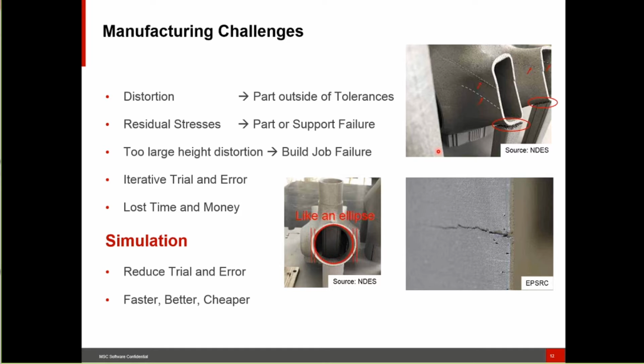Or we have large residual stresses in the part. Those residual stresses might be at the base where we're connected with the support structures, or it might be just anywhere causing this type of cracking structure, or the material might rise a little bit and you get height distortion, and then you try to layer the next layer of material and you're not able to do that. And all these things lead to an iterative process, iterative trial and error. And if we have to do that iterative process, we're going to lose time and we're going to lose money